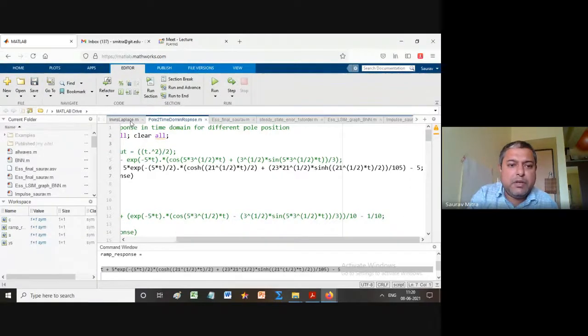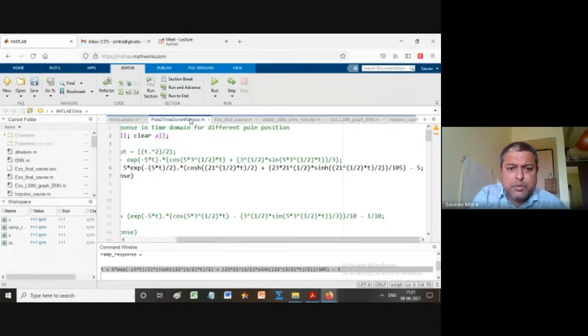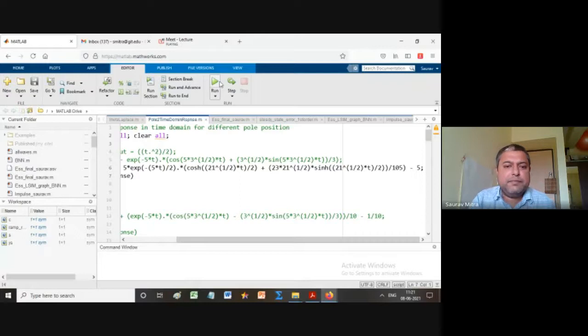And remember, you have to remember that. What is it to remember? What is the difference between input and output at any time at steady state? At any time in steady state, after a little while the difference between input and output will be 5. That is what I want to show. So at any bigger time, the difference between input and output will be 5. Let us see whether we get it or not.